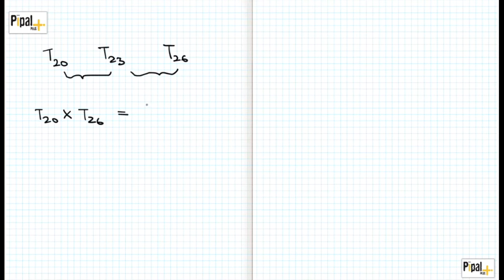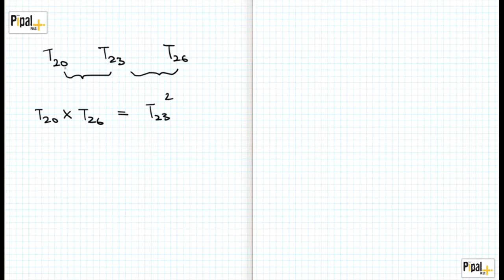So that means, let's say T20 and T23 and T26. Now I have taken equidistant terms, so there is a gap of 3 between these two, right? So there's T21 and T22, 2 terms in between these, gap of 3. Likewise, there are 2 terms between 23rd and 26th term, right? So they are equidistant terms. Even here, T20 multiplied by T26 is going to be equal to the square of the 23rd term, right?